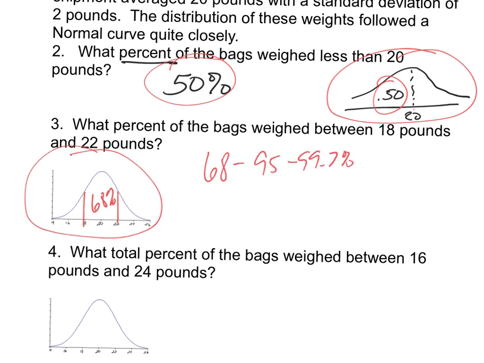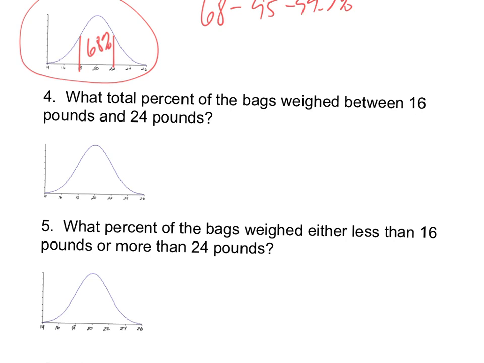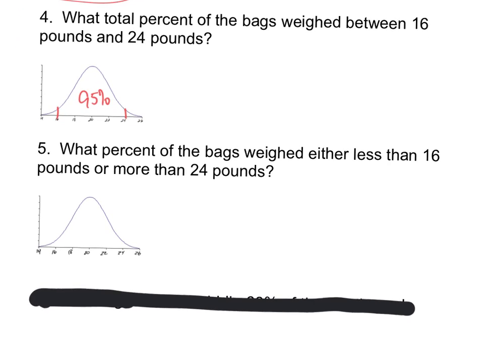All right. Same thing for number 4. Number 4, what total percent of bags weigh between 16 pounds and 24 pounds? We're going out to 2 standard deviations, so that takes it out to 95%. And then finally, number 5, what percent of the bags weigh either less than 16, which is here to the left, or more than 24. So if we're talking about 2 standard deviations, remember this is 2.35 and this is 0.15, and it's identical on the other side. These add up to 2.5, therefore this is also 2.5, and when you add that together, you